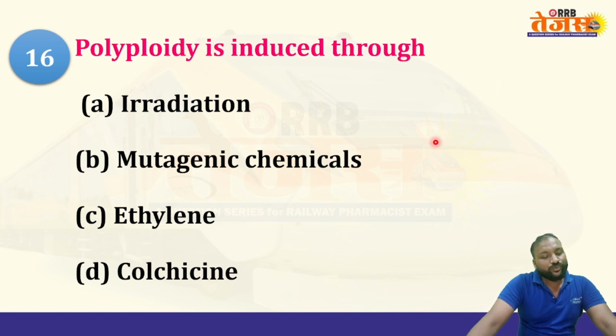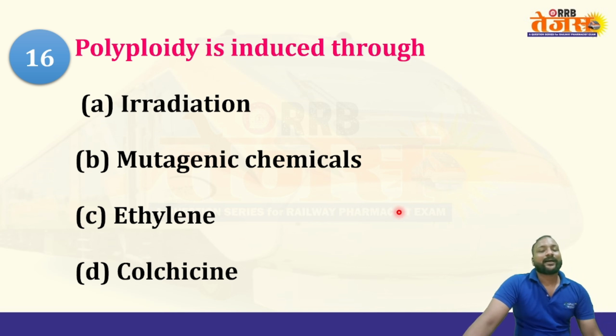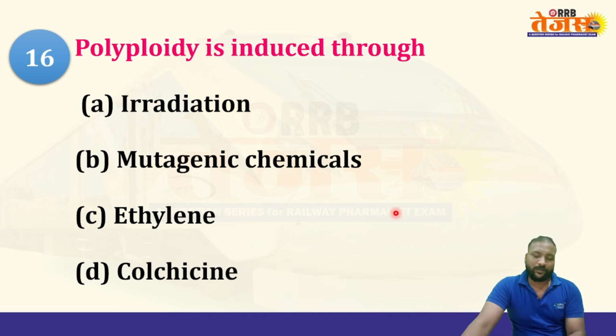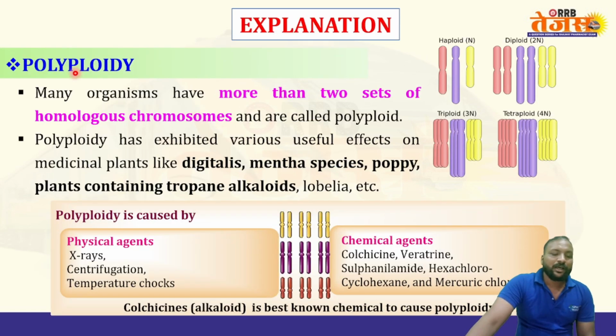Polyploidy is induced through option A, irradiation, mutagenic chemicals, ethylene, and colchicine. What is the right option here? Just now we have come across polyploidy. So the answer is colchicine undoubtedly, because now we have covered polyploidy, the set of chromosomes known as